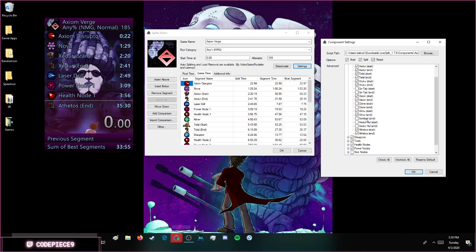However, with Sentinel, you know, there is no start for Sentinel, but there is an end. But I opt out of that, so I just collect the health node. Depending on your skill level, you can skip the health node, but I think it's essential to have a clean Athetos fight. Same with the final boss. Everything is start and end except for Sentinel, which only has an end. I skip that completely because of the